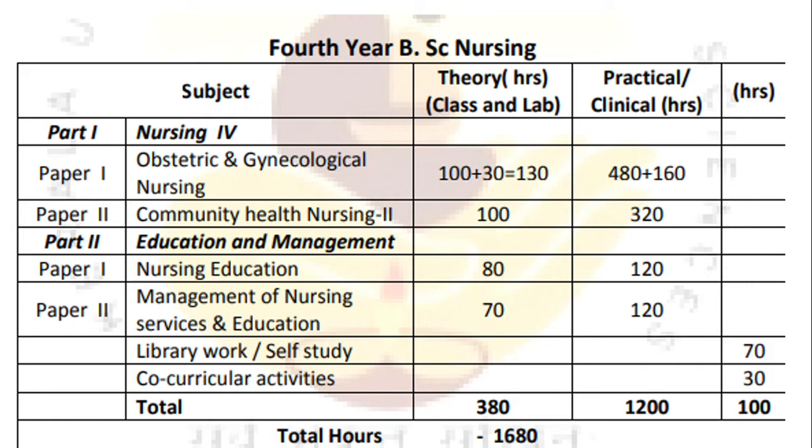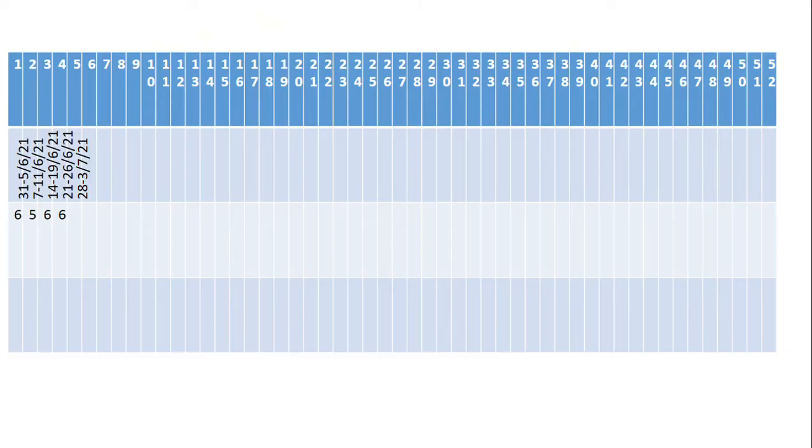First we will see how to prepare a mass rotation plan. For the mass rotation plan, first we have to make 52 columns. So it indicates 52 weeks. I started from this month onwards. So 31st is a Monday, Monday to 5th is a Saturday, of 6th June 2021. Like this, you can write all these columns.